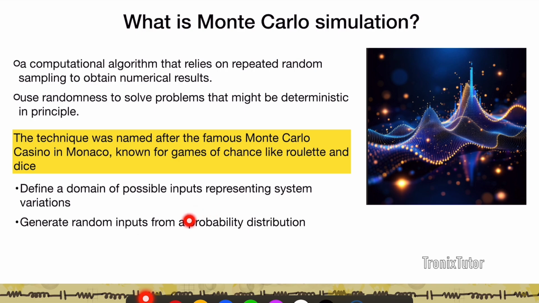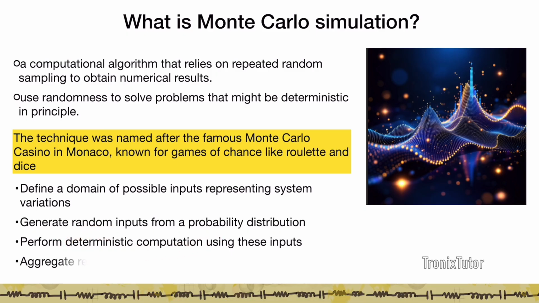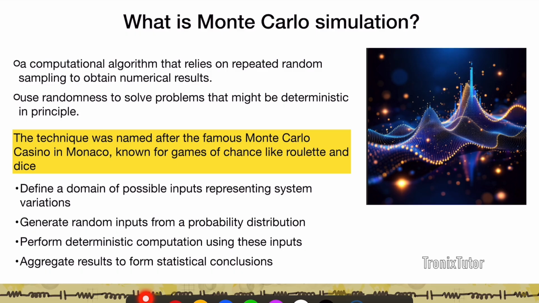and these would be based off a probability distribution. So you need to know a little bit more about how you're going to make the device, how you're going to make the circuit, what are the kind of variations one can expect. And this is not something that you can come from basic physics. This is something which is intended to build in a manufacturing variation in your study. And then what you do is you perform deterministic computation on these inputs, and then you aggregate the results and